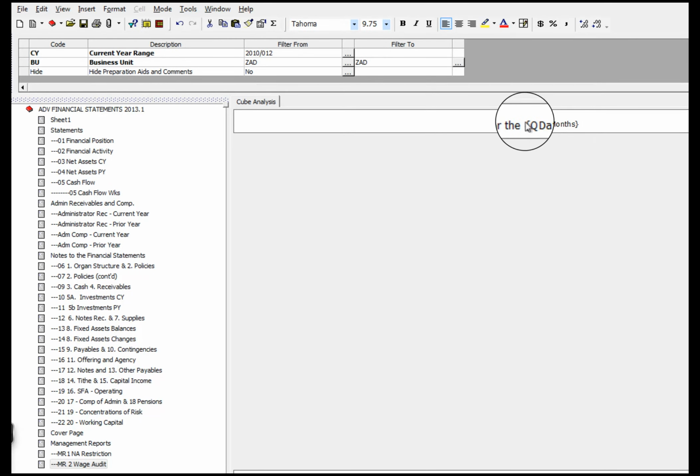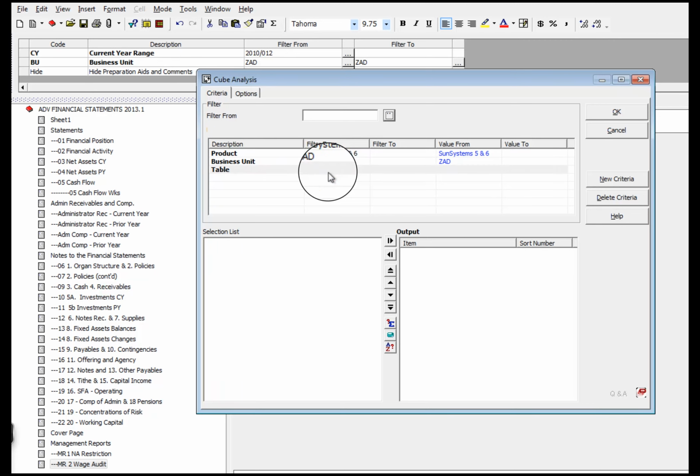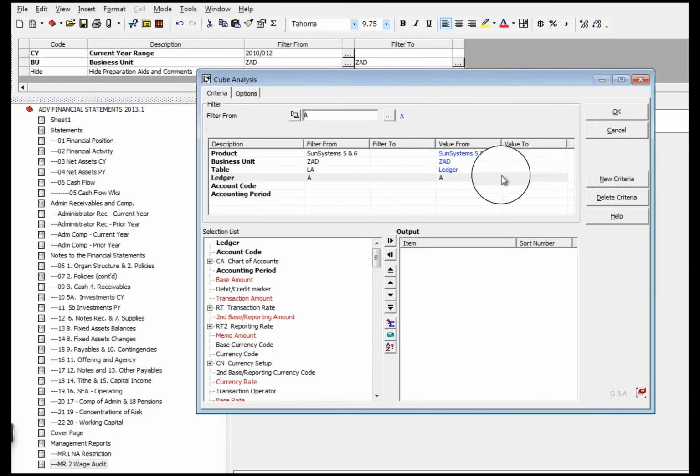Now the cube analysis looks pretty boring here, and let me just show you the way it works. So I'm coming into this area here anywhere I want, and I right click and I define the criteria, and so I will take the table, the same sort of thing I did a few minutes ago, ledger, and remember we're in design mode now.